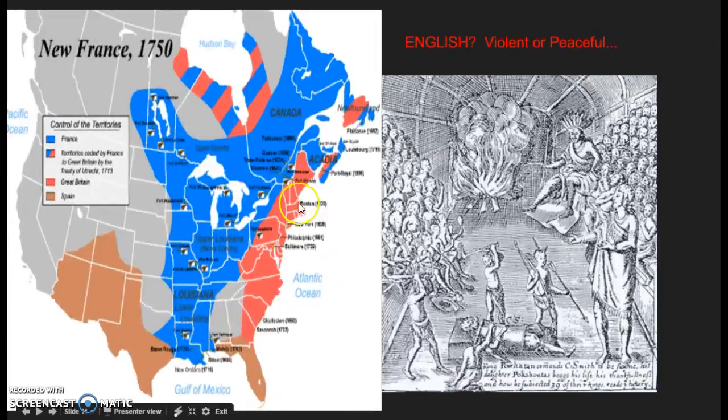We mentioned the English are eventually going to find themselves along the coast here. They look like they have such a small hold on North America, but the issue is over time. Are they going to be more violent? Are they going to follow a conquistador sort of takeover model, or are they going to stay small and follow a more peaceful, cooperative relationship?